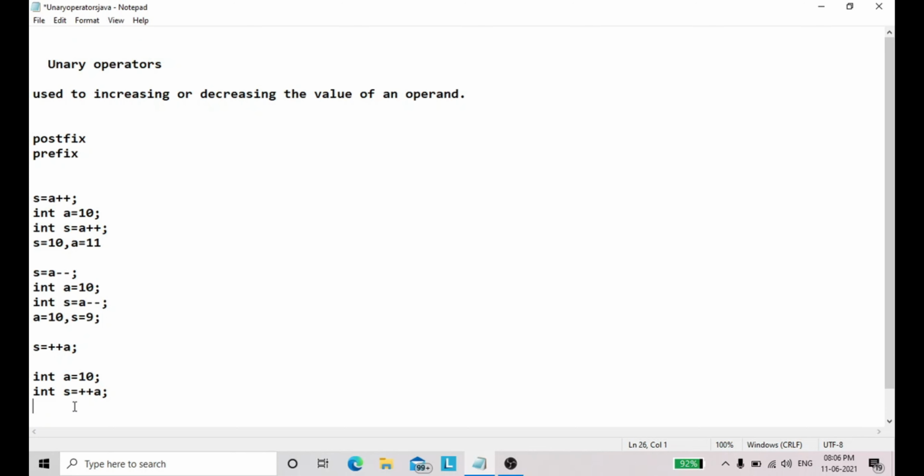So first this will increment, so the value of a is 11. Next that will assign, so the value of s is again 11 will come.